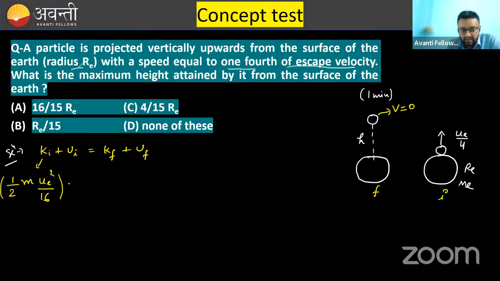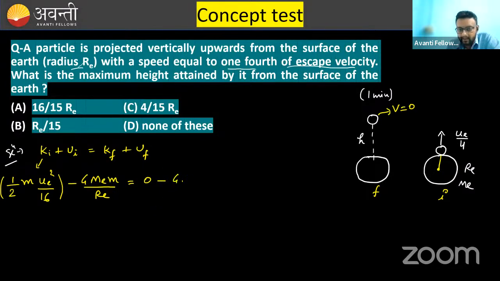Now, if I write potential energy initial, it will become minus G Me m divided by Re, because the particle is at the surface of the earth. Now, final kinetic energy, if I write this is the final situation, final kinetic energy of the particle is 0,